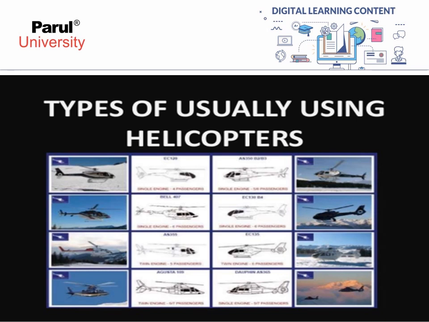Next, according to the degrees of freedom, in aeroplanes we are using 6 degrees of freedom: pitch, roll, yaw, and combinations of these, total 6. But in helicopters the degrees of freedom are 7. One extra is VTOL, vertical takeoff and landing, and one more is hovering, right? Hovering is not a degree of freedom, but we can consider it.